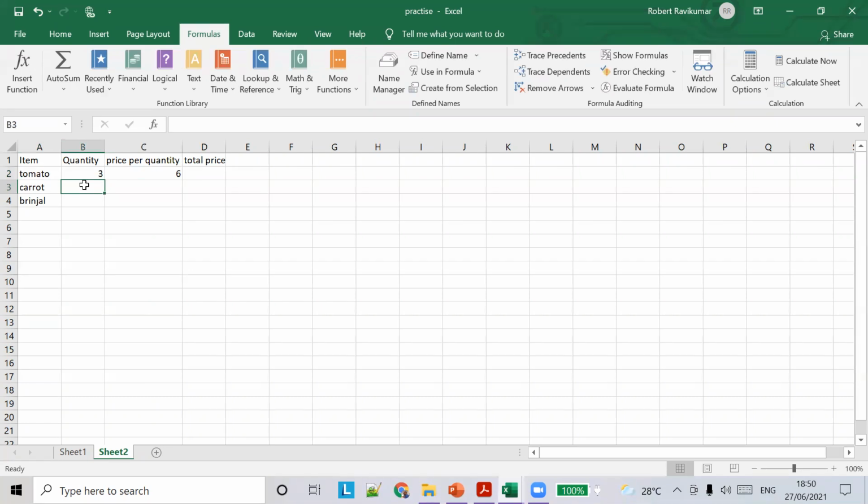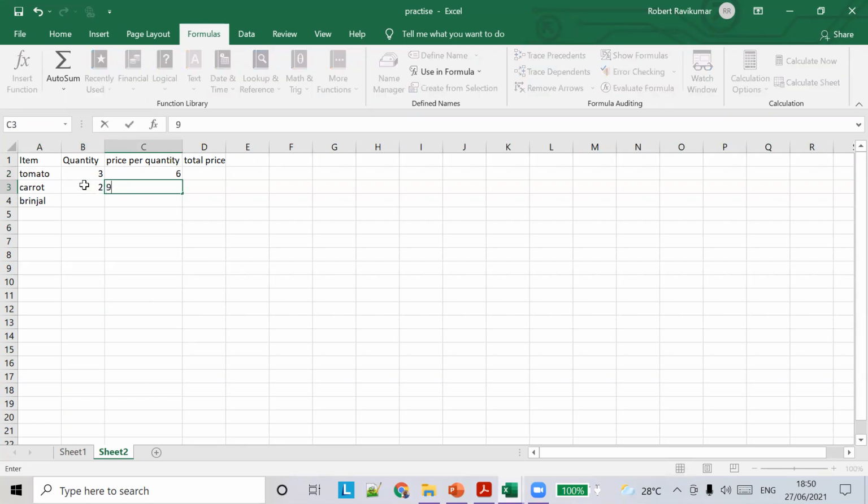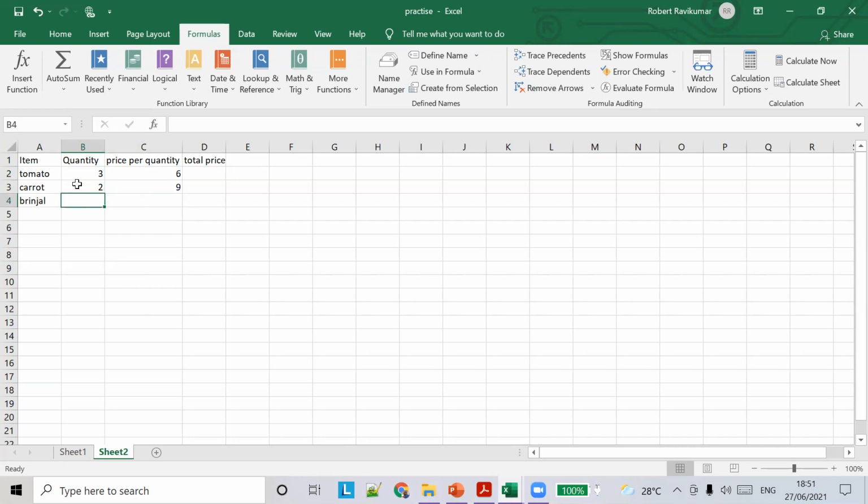Carrot, let's say we bought two, price is $8, $9, and brinjal, let's say we bought 4 kgs and the price is $10. So what is the calculation for total price?